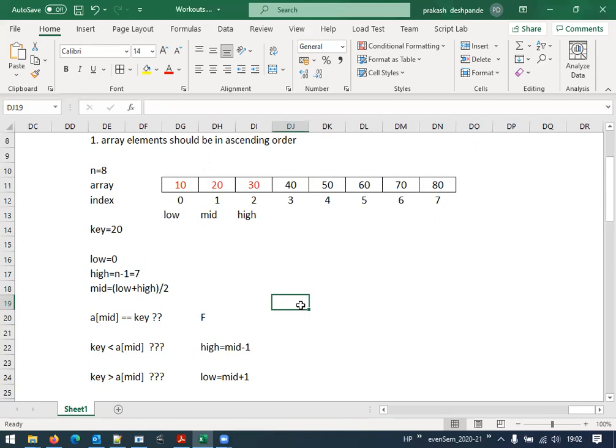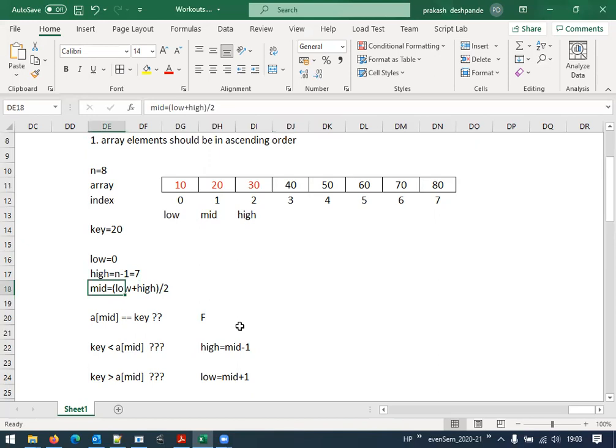Low value is the index value of the first element, and the high value is the index value of the last element, that is n minus 1. Then we calculate the mid position, that is the index number, using the simple formula mid is equal to low plus high divided by 2.